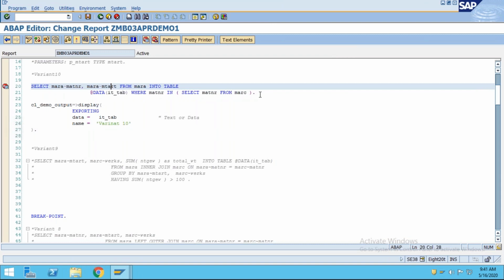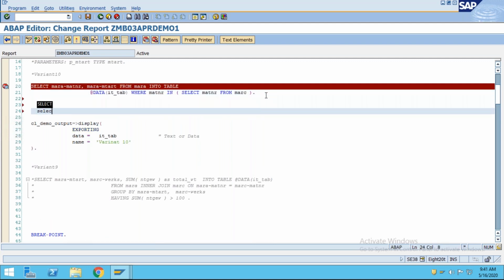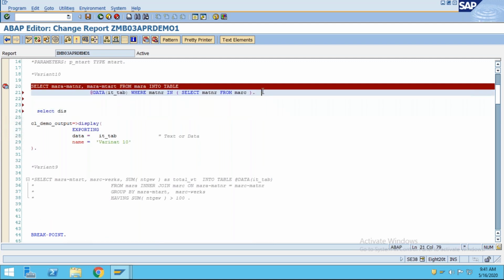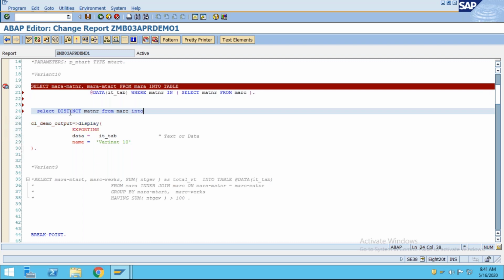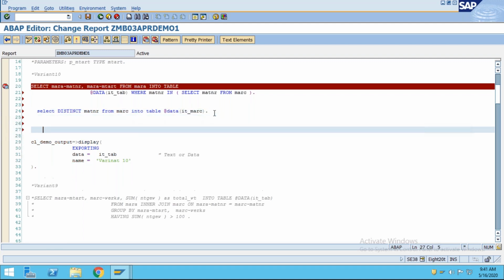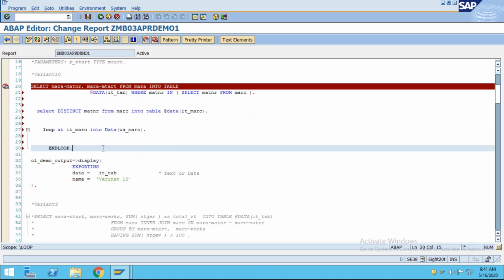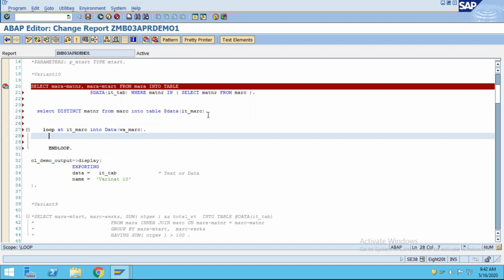You can put another select query: select distinct matnr from MARC into table @DATA(it_marc). So with distinct matnr from MARC, I'm getting all this data, and I will put a loop, loop at it_marc into data(wa_marc), end loop, and I will just read this.